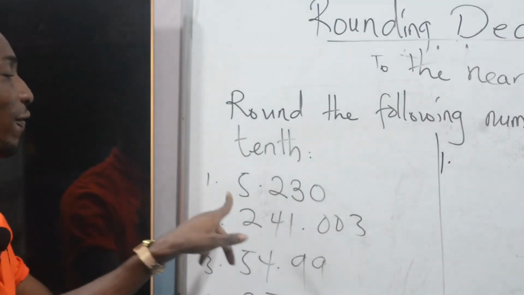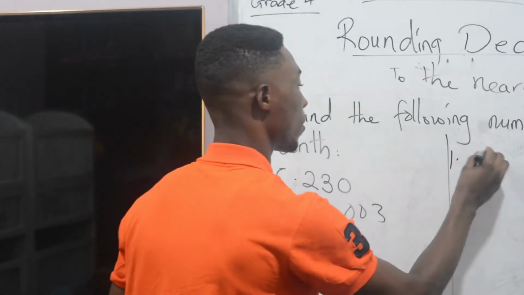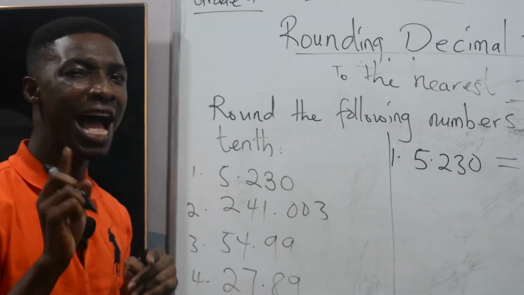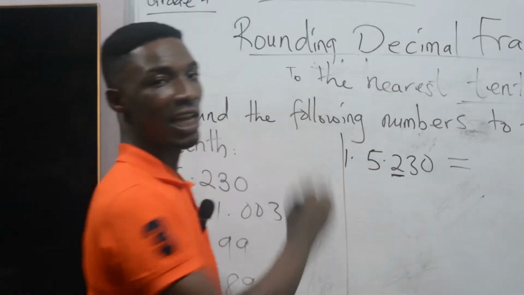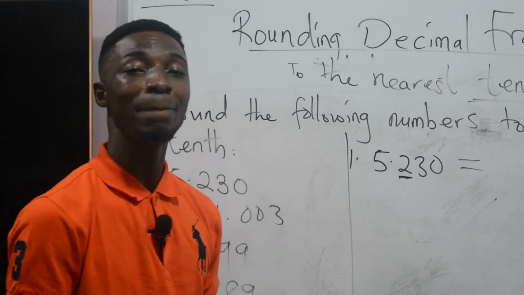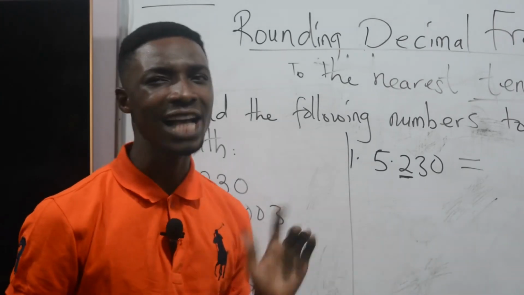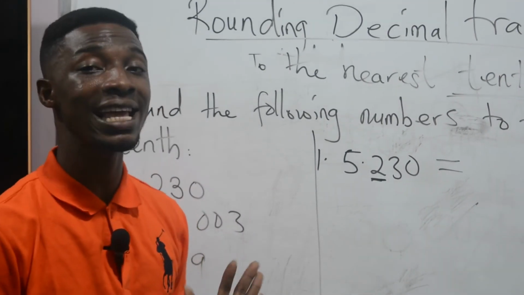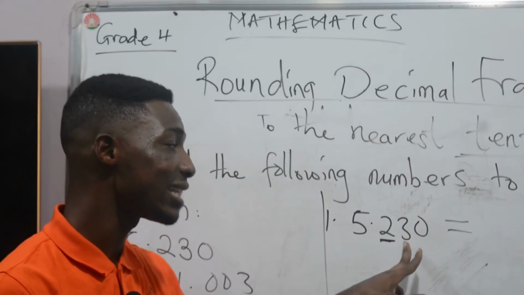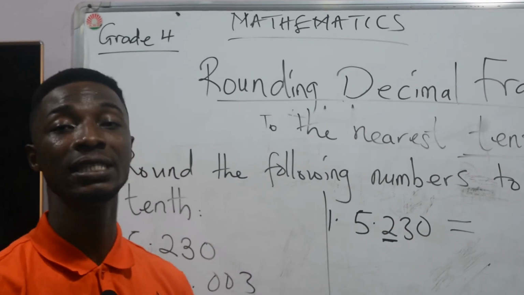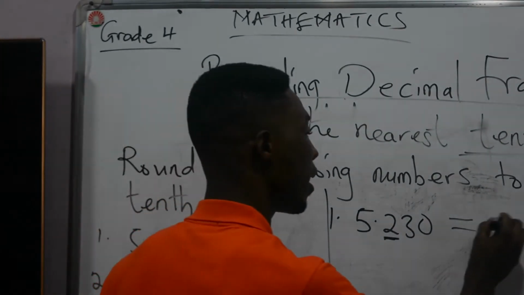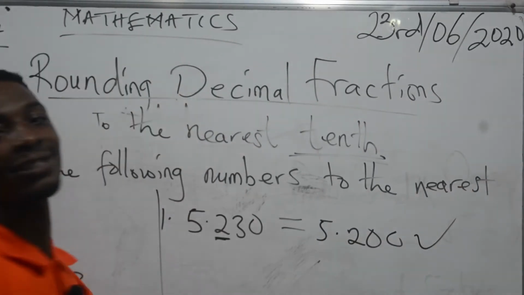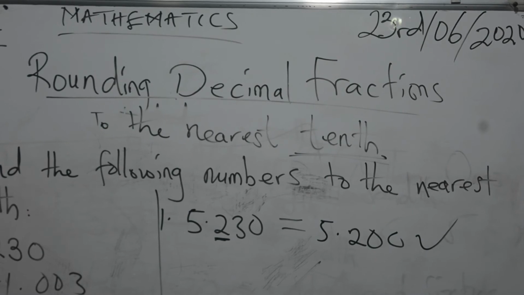The first number is 5.230. We had to round to the nearest tenth. So what you had to do in the first place was to underline the 2, which is occupying the 10th position. Then you locate the number just after the 2, which is 3. Ask yourself, is 3 up to 4 or less or more? 3 is less than 4. If the number is less than 4, you don't do anything to the 2. You just take it away and replace it and any number after it with 0. So your final answer is supposed to be 5.200. So if you had this, you are right. Clap for yourself. Let's move on to the next one,